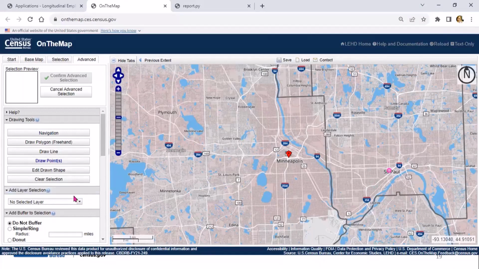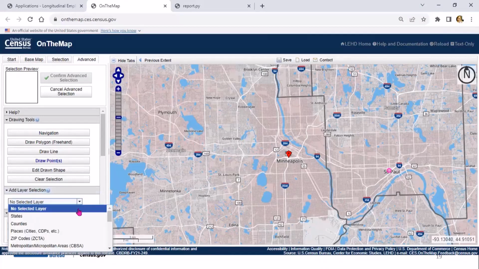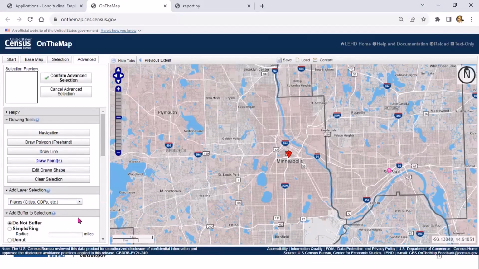And then I'm going to change the add layer selection, and I'm going to click on the chevron there, and I'm going to click on places. Once I do that, the confirm advanced selection with the green check mark has bolded, so that tells me I'm allowed to go ahead and click on that.